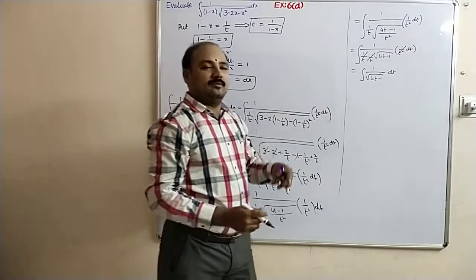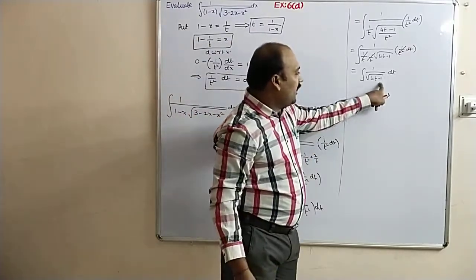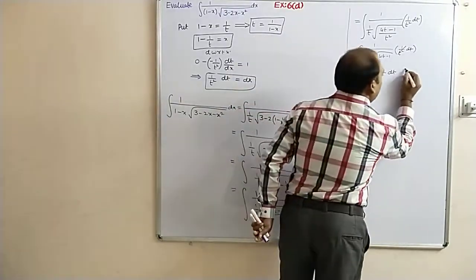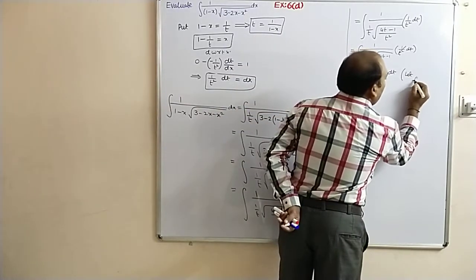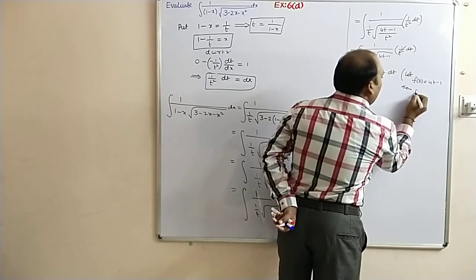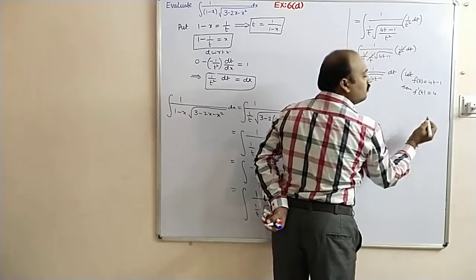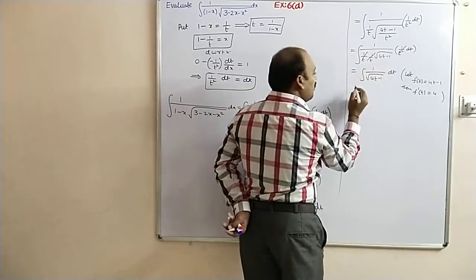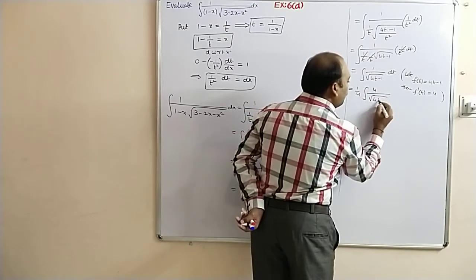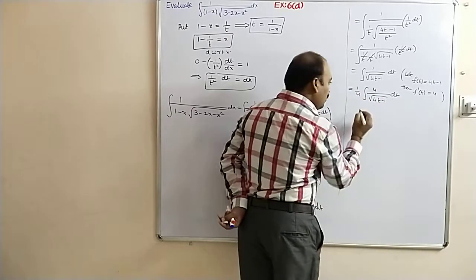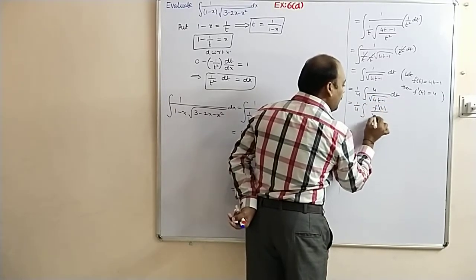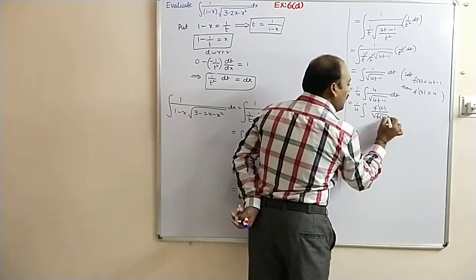Here is the only logic step. If we take f of t as 4t minus 1, whose derivative is 4, but 4 is not there in the numerator. Let f of t equal to 4t minus 1, then f dash of t is equal to 4. But here 4 is not there. So what I am doing is multiplying and dividing by 4 to get the formula form. Now it is in the form of 1 by 4 into f dash of t divided by root f of t into dt.